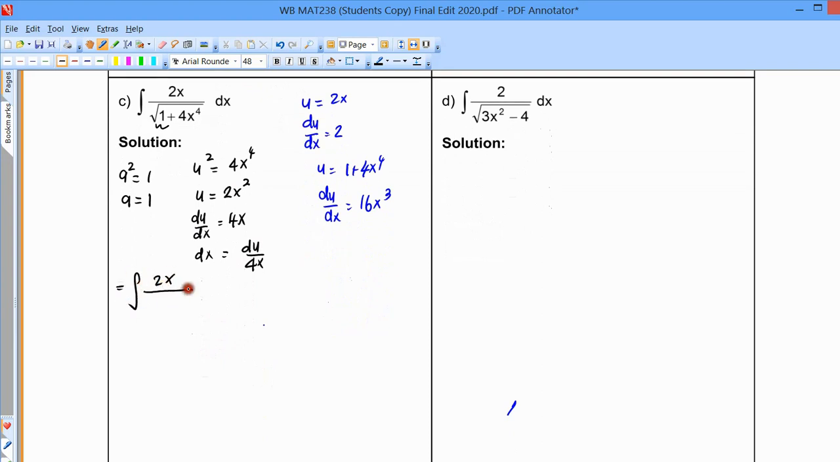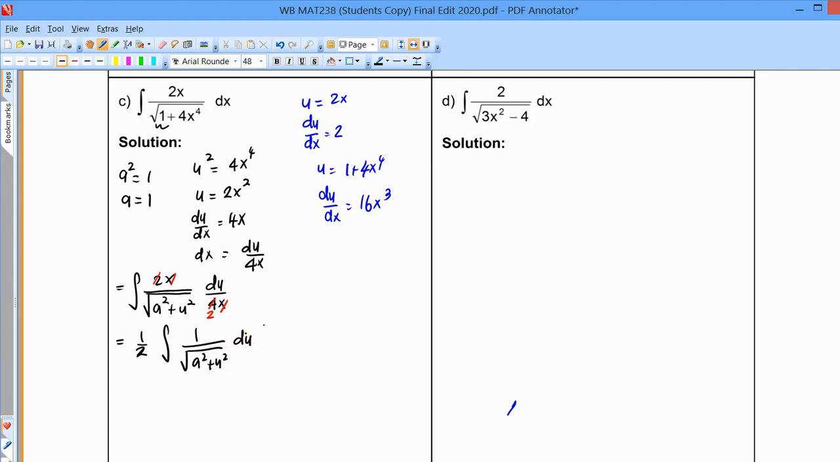So 2x over a squared plus u squared, now your dx becomes du over 4x. Okay, so now this x we can cancel with this x, and then you can simplify the 2 and 4, then you will get 1 over 4. Okay, so 1 over 2 integrate